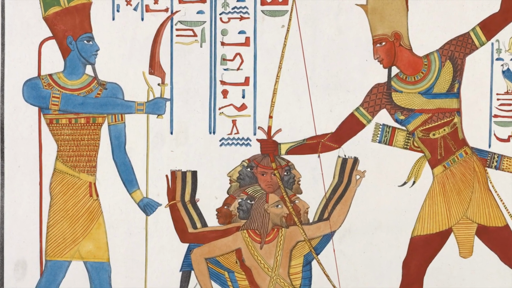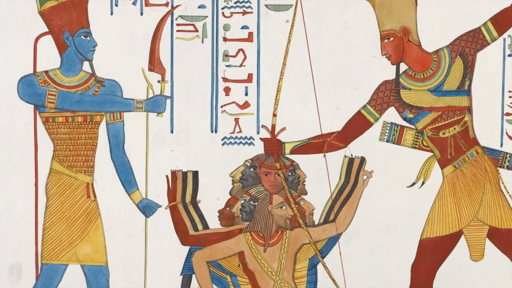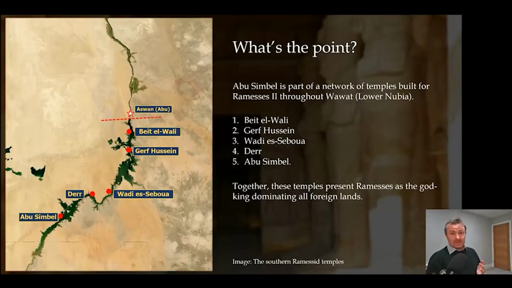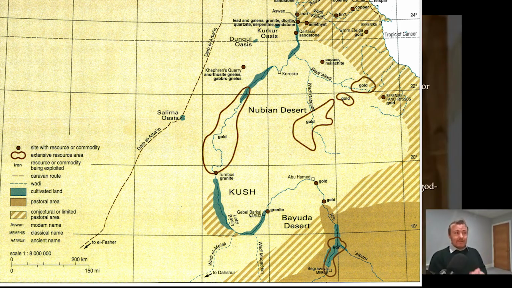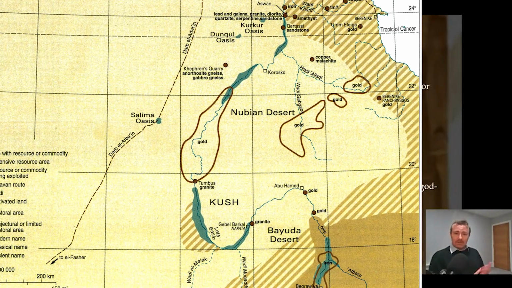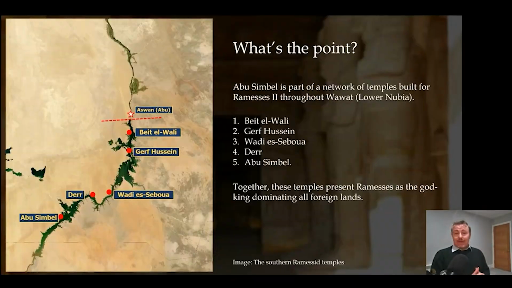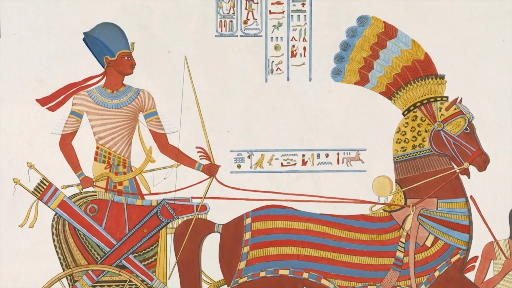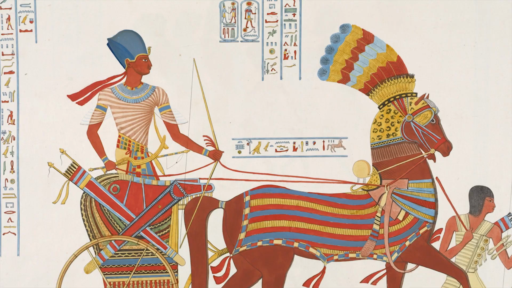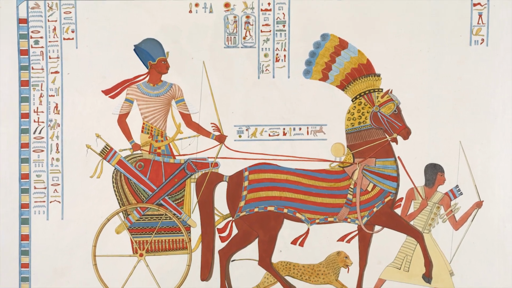Now, why are they so interested in Nubia? Well, fundamentally, they want the land. They want the wealth. They especially want the gold. The eastern hills of Nubia are particularly rich in gold and copper, and the Egyptians wanted to control that forever. By the time Ramesses II became king, they had been the great power in Nubia for a couple of hundred years at least. But during the late 18th dynasty and early 19th, so the time of Ramesses II roughly, we do find them sort of consolidating their control over the region, building new towns, building new fortresses, bringing settlers and